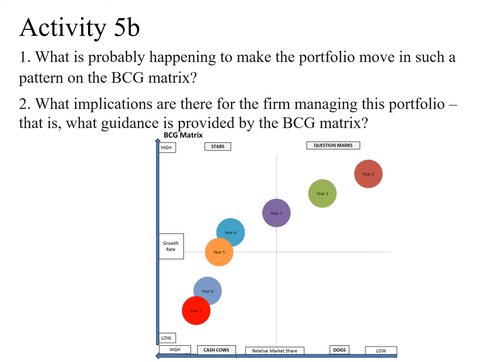And number 2 is what implications there are for the firm managing this portfolio. That is, what guidance is provided by the BCG matrix. What should the company do looking at this trend? What do you think they should do next with that SBU? All right, once you're done with that,